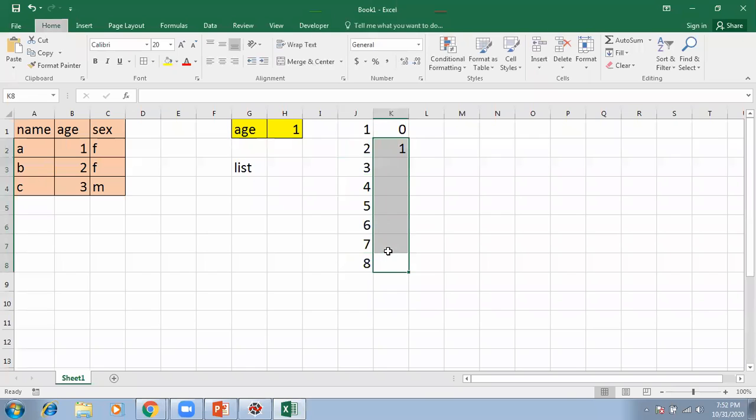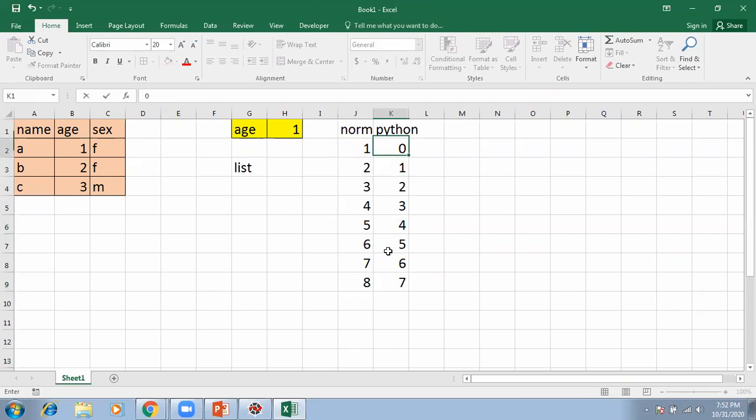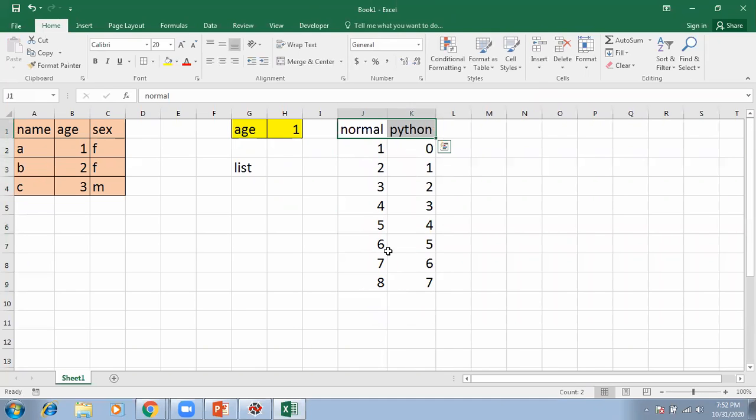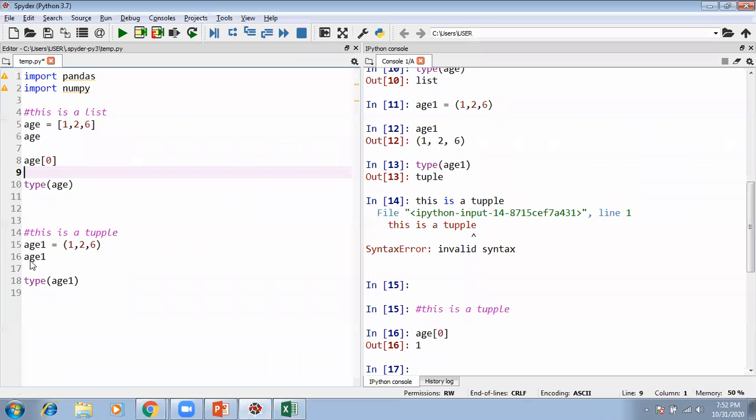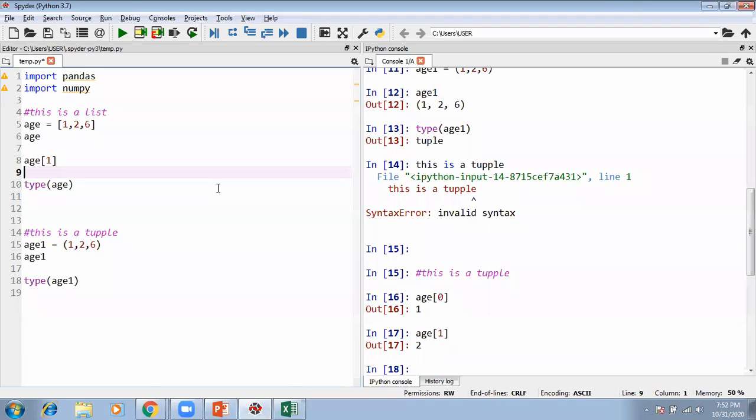This is how Python counts. So if I say this is normal and this is Python, these are the two ways of counting. Now, if I write age 0, it's going to show me that is 1. 0 means the first element. If I write age 1, it's going to show me 2, the second element.